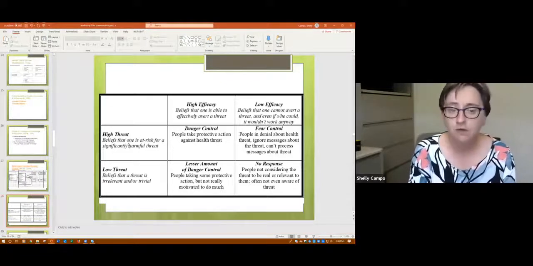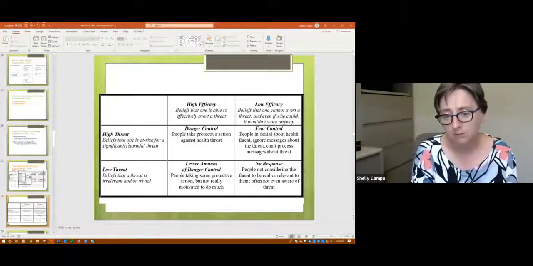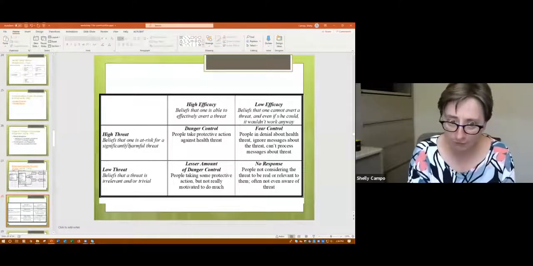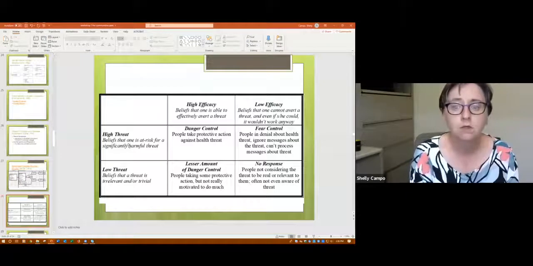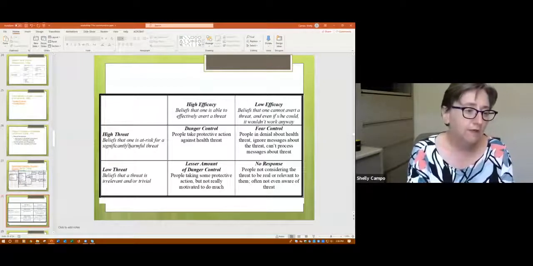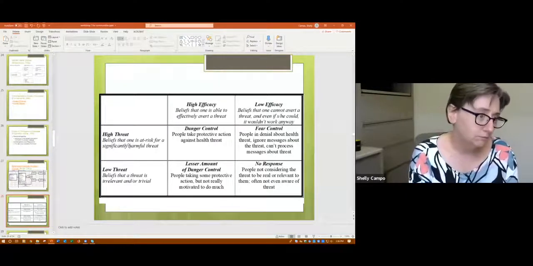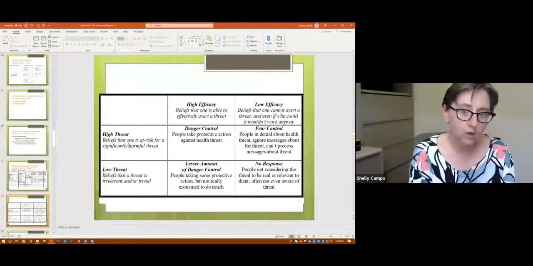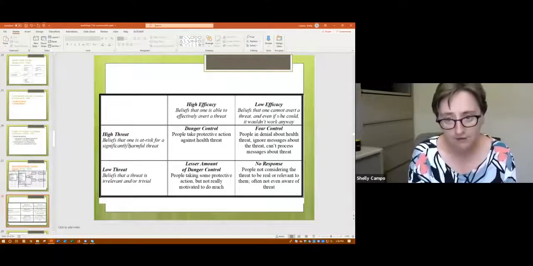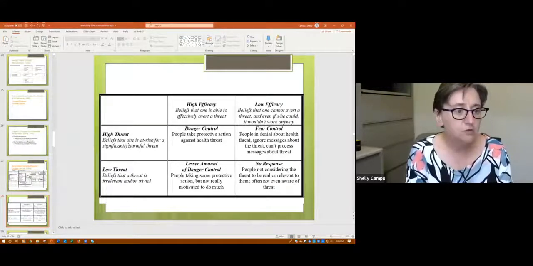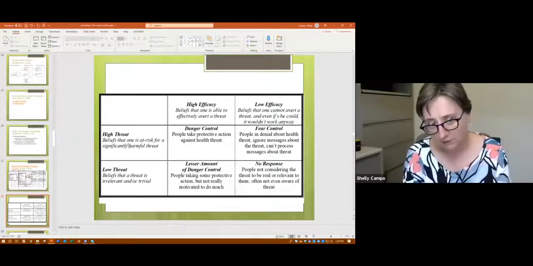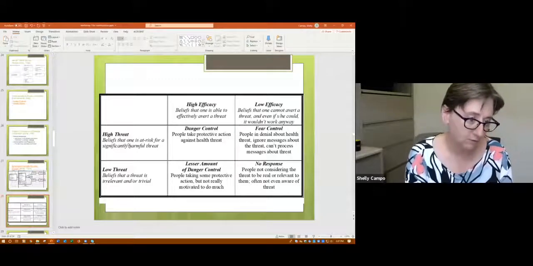You want them to feel that whatever they're at risk for is harmful, which is severity, similar to the health belief model. You want people to feel like they can actually do the thing that you're recommending, which is self-efficacy, and that whatever thing you're recommending is going to avert the threat or minimize it in some way, which is